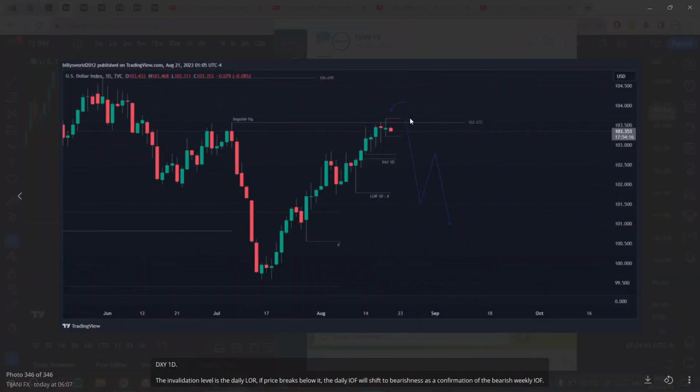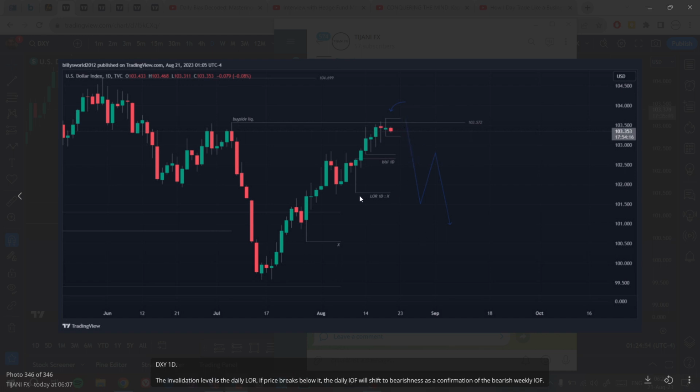Yes, I'm posting two scenarios here, as the higher probability is that I'm expecting bullish prices, but it's not certain. I'm not 100% certain that the market is going to go higher. The only certainty in the market is the uncertainty of the market. I'm operating on probabilities, and I'm expecting we have a higher probability for price to continue higher.